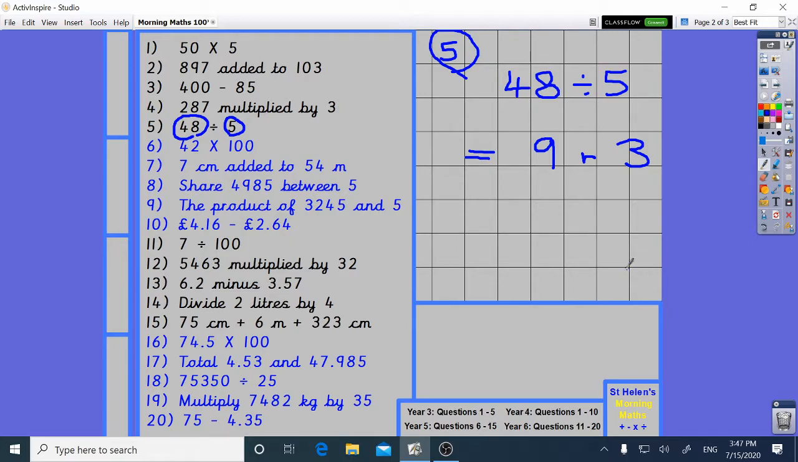You could do this with the bus stop. You could do this on a number line. But in this case, when you get used to what you're doing, you can actually just sing your way to this answer. Let's go to question 6. We have